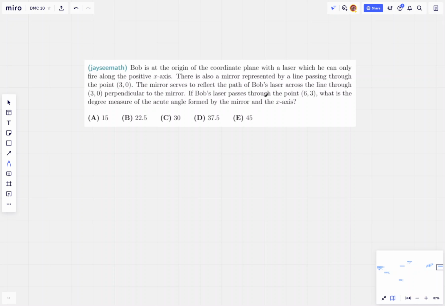If Bob's laser passes through the point (6, 3), what is the degree measure of the acute angle formed by the mirror and the x-axis? Wow, that's a lot of words, so let's try to unpack it. Obviously, we see that there must be a coordinate plane, so we're going to draw that. This is the y-axis, and this is the x-axis. We see that Bob is at the origin, or (0, 0), and there must be a point (3, 0), where